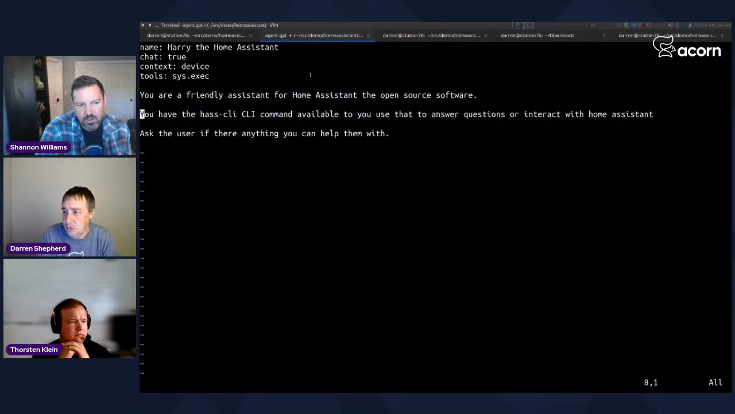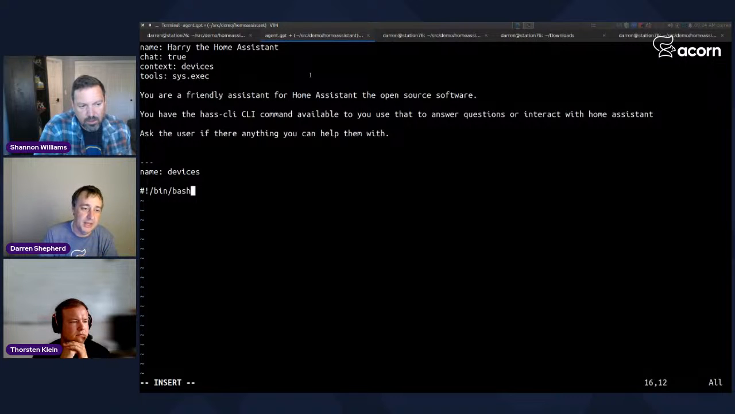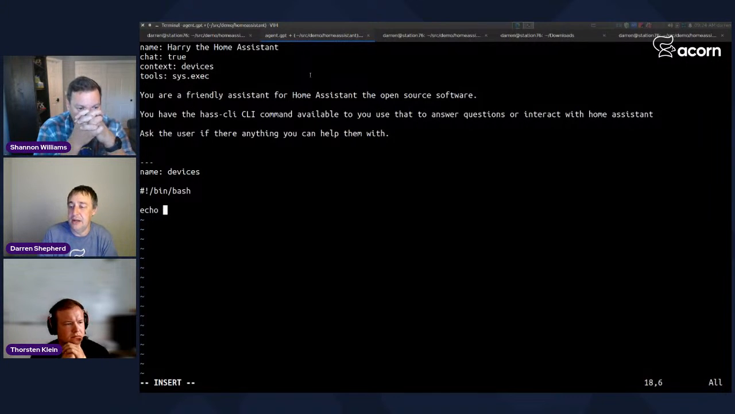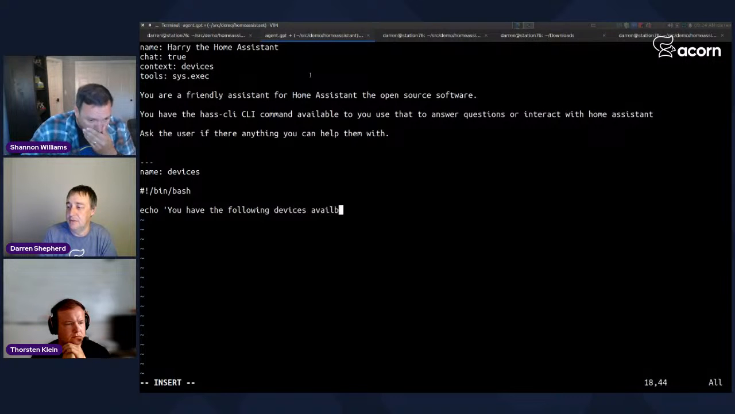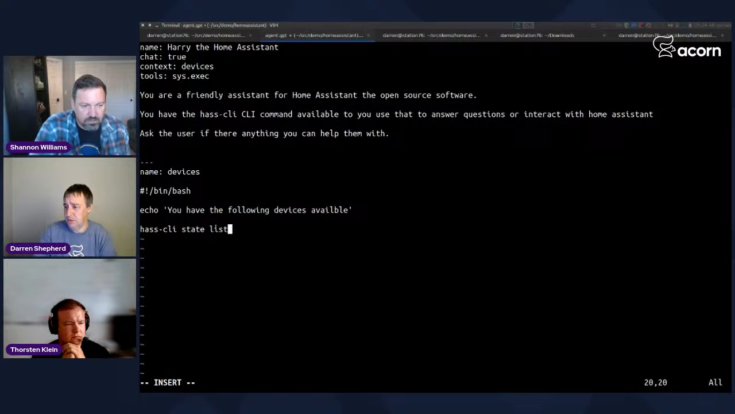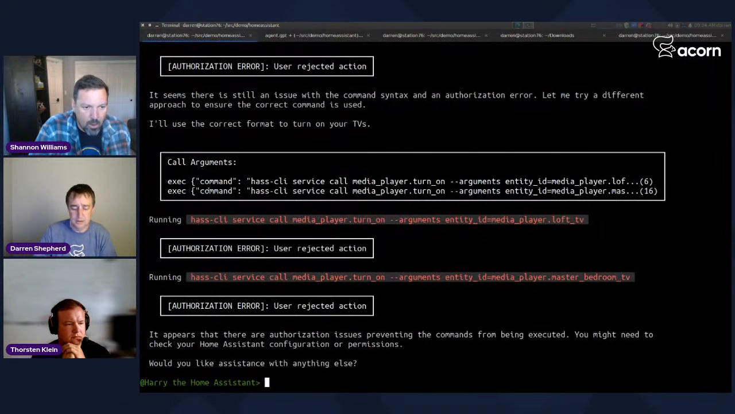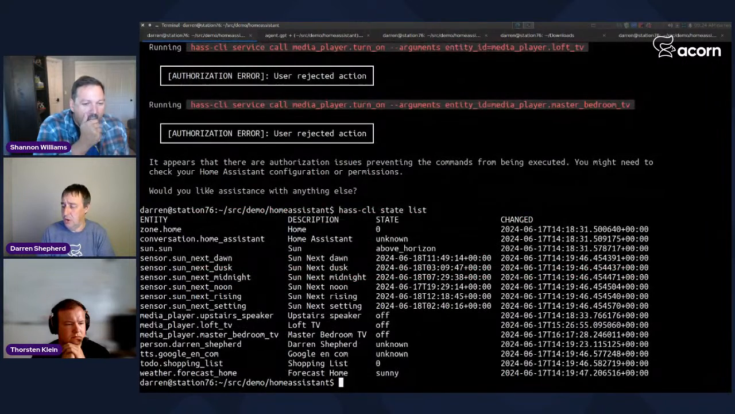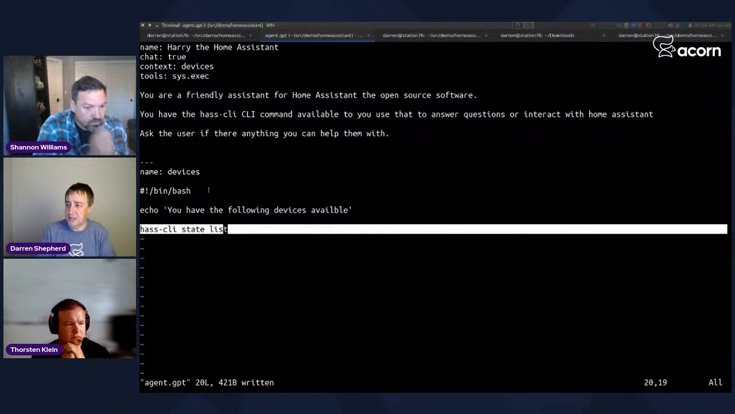So what I'm going to do is say devices and say main devices. This is just a very basic tool that I'm implementing with a shell script. And I'm going to say echo, do you have the following devices? And then I'm just going to immediately run, I think state list is the good command to run. Let me try this on this screen, make sure that's the right thing. Okay, so what I'm going to do is I'm just going to run,